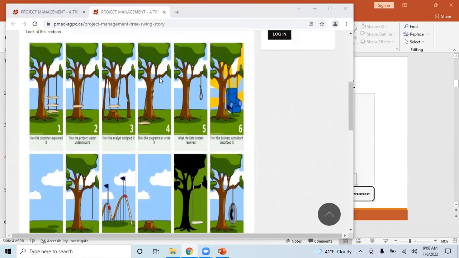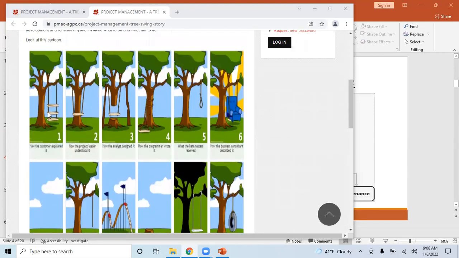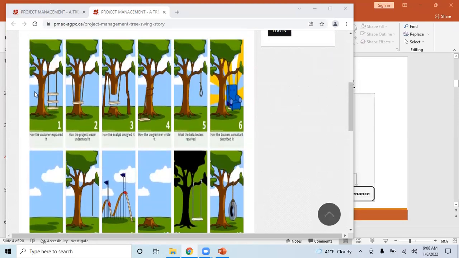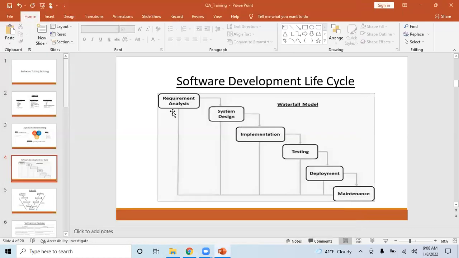The end result is how the programmer wrote the code. But what the customer really needs is something else, and the way he explained it might be a different thing. That's where the other aspects of requirement collection come into the picture. The product owner has to correctly probe the customer on what he wants. The customer might want something but explain it in a different way, and the business analyst might understand it differently.